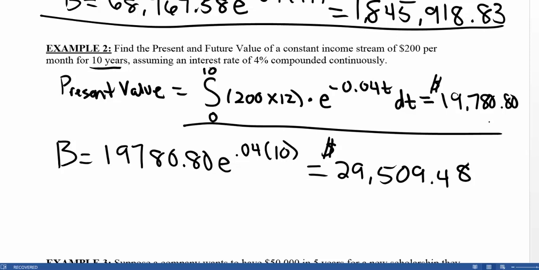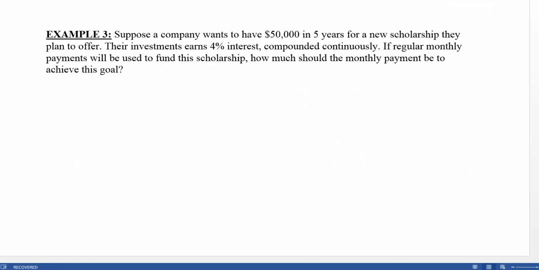Let's look at another example. Example 3. Suppose a company wants to have $50,000 in 5 years for a new scholarship they plan to offer. Their investments earn 4% interest, compounded continuously. If regular monthly payments will be used to fund the scholarship, how much should the monthly payment be to achieve